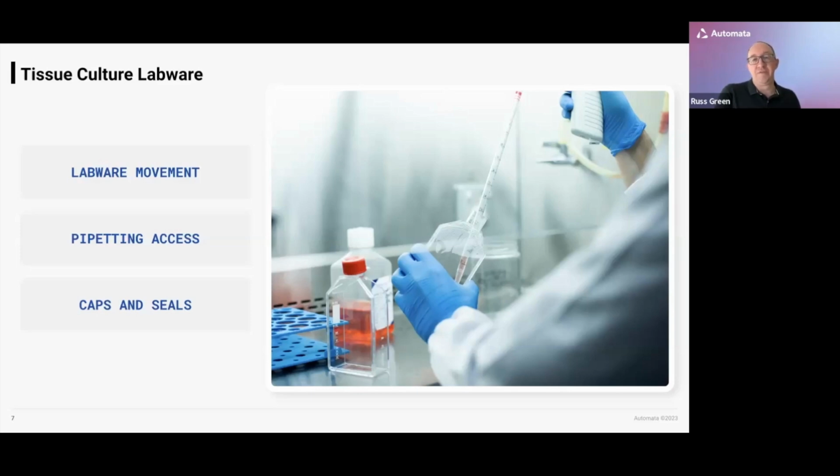Of course, these pieces of labware also utilize closures that are normally some kind of screw cap, and again, we can automate them ourselves at Automata. We built a screw decapper, but if we can avoid doing that, that takes away a process step that otherwise might not be required. Just a brief word on the pipettes here. I think finding an off-the-shelf pipetter that can handle that kind of volume or length of pipette in an automated world is again not impossible, but it is very challenging and very limiting.